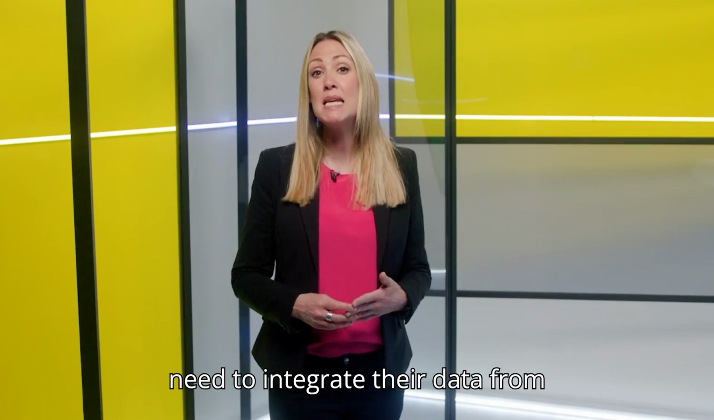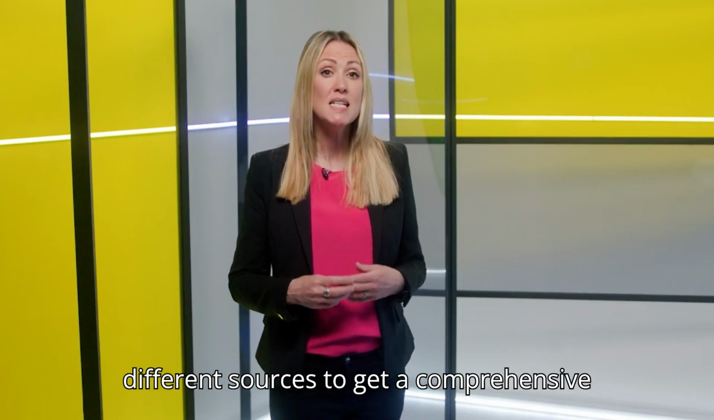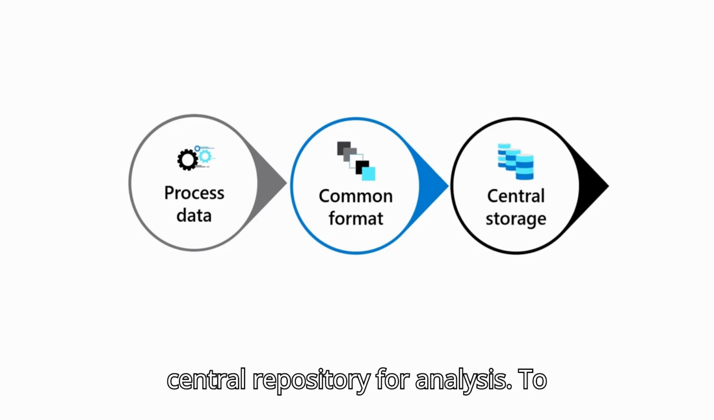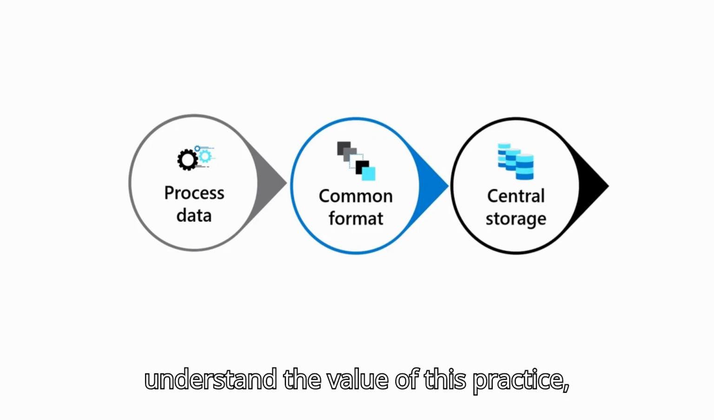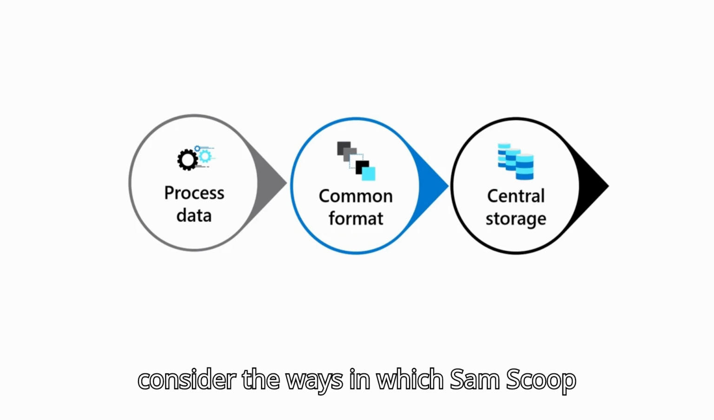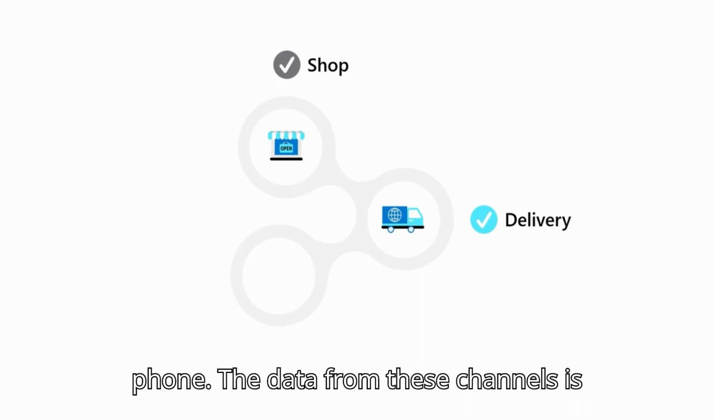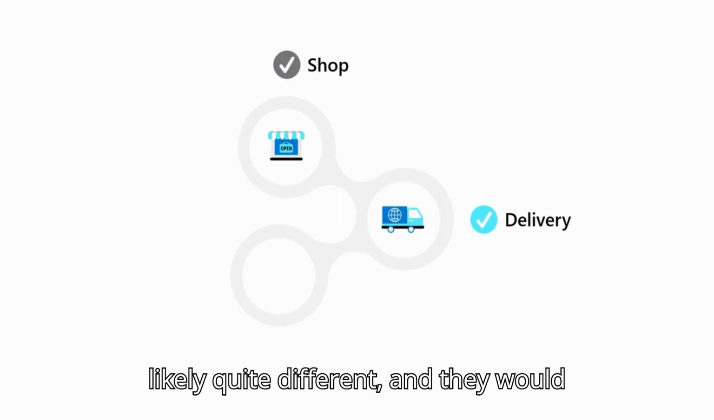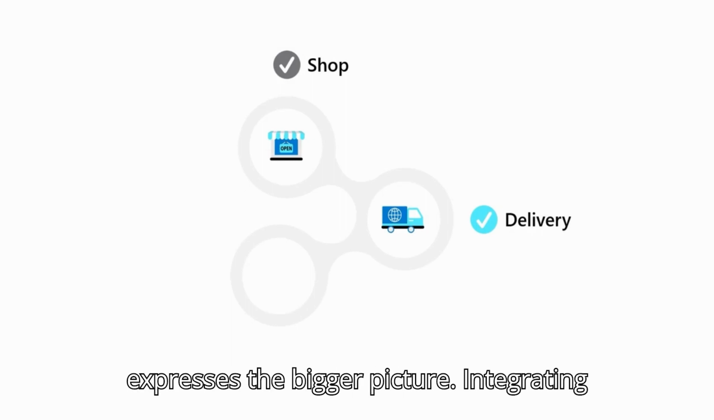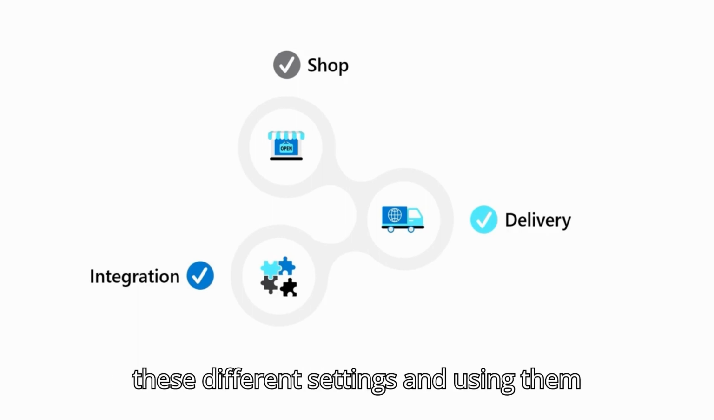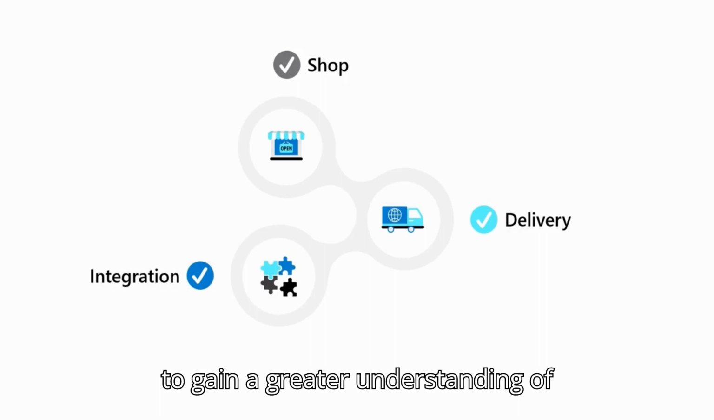Finally, Sam's Scoops would need to integrate their data from different sources to gain a comprehensive view of their business. They might need to process all of the data, transform it to a common format, and load it into a central repository for analysis. To understand the value of this practice, consider the ways in which Sam's Scoops sells ice cream. In addition to sales from the shop, they also deliver to customers who place orders online or by phone. The data from these channels is likely quite different, and they would need to combine it in a way that expresses the bigger picture. Integrating data might mean taking observations from these different settings and using them to gain a greater understanding of customers'